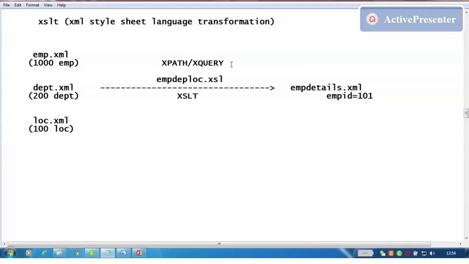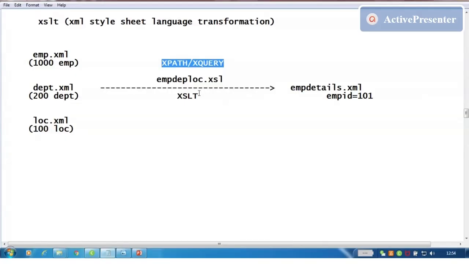So this XQuery is an advanced superset of XPath, you can say. In most scenarios, XPath will deal with the XML document and XQuery will deal with the XML file itself, but there is lots of inbuilt support for XQuery. It is slightly more advanced than XPath. But both we can use to retrieve the details from your XML node